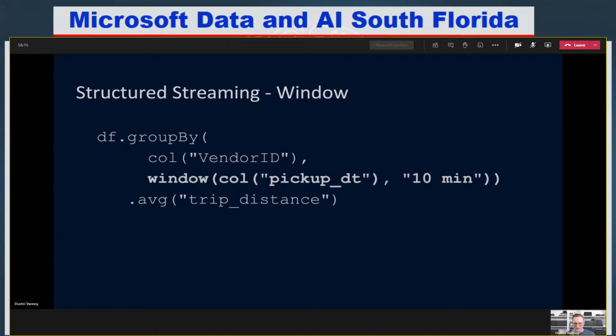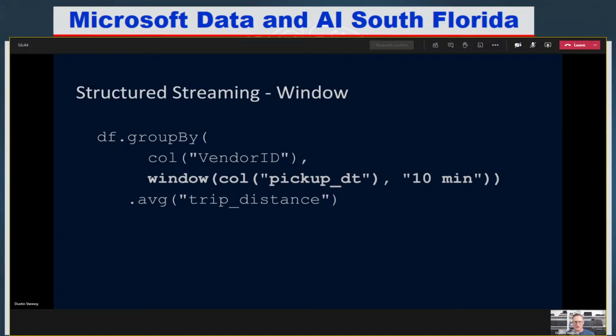With grouping and aggregation, there's this concept of a window I want you to be aware of. So we have our data in a data frame. This is before we do the write. We can group it by some kind of set of keys. In this case, I'm just specifying that there's a column called vendor ID. And then I'm specifying a window of 10 minutes on one of my dates. This is basically my event date, my pickup date, if we're working with taxi data like I'll show you today. And so it's basically going to average that trip distance across a 10-minute span of time.